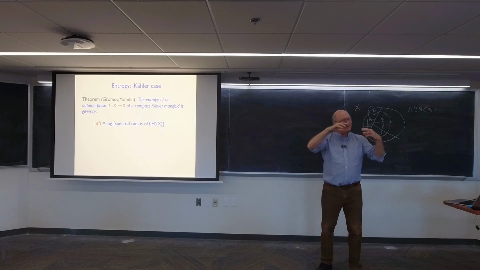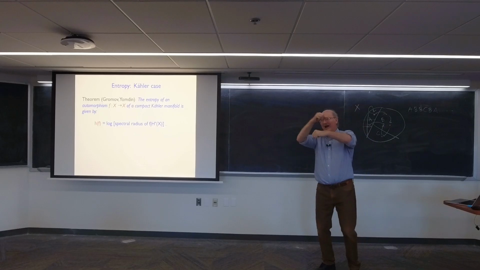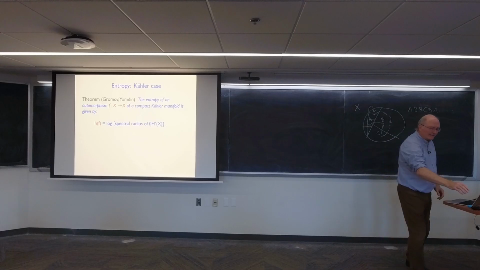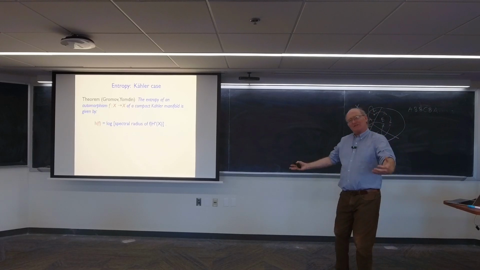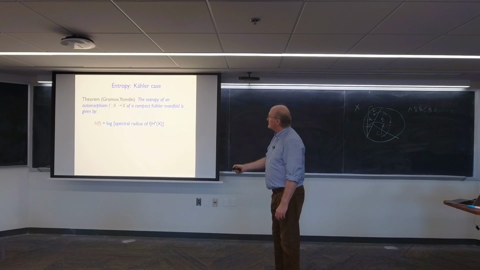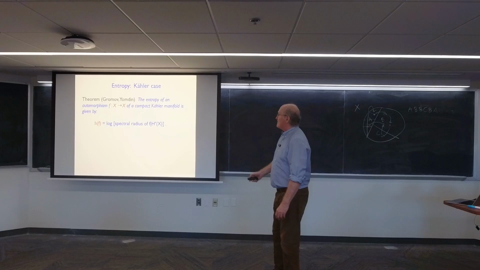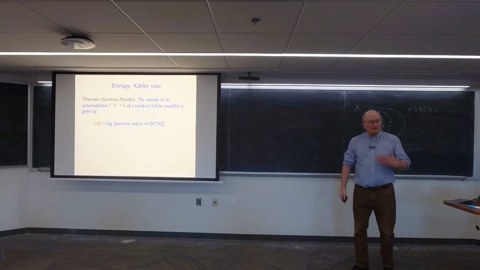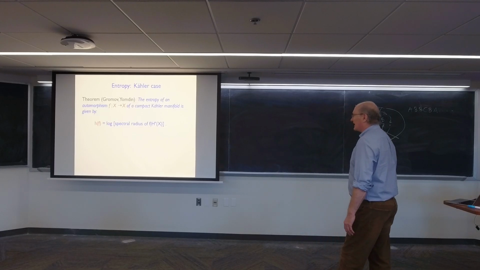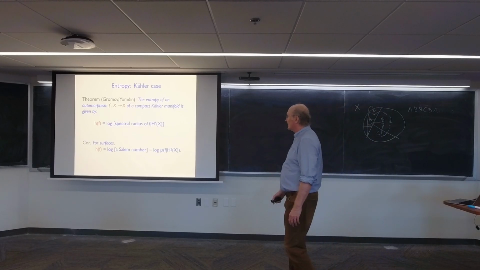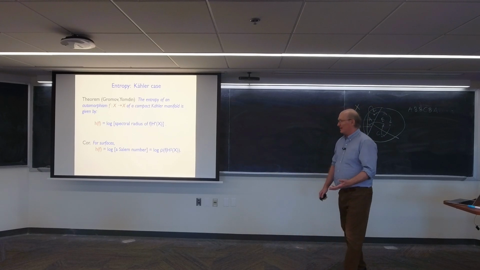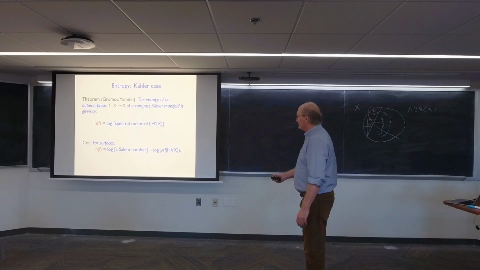And the incredible thing is when you compose f with itself, so the graph becomes more and more complicated, it's always a minimal submanifold. And what's really happening here is the fact that the graph is as tight as possible as you iterate, which means that this is the smallest possible entropy for any map in this homotopy class. So holomorphic maps minimize entropy, and that's one of the reasons they're especially beautiful. And then the entropy is always the log of an algebraic integer. And in fact, for surfaces, it turns out that the entropy is always the log of a Salem number. That's an easy consequence of